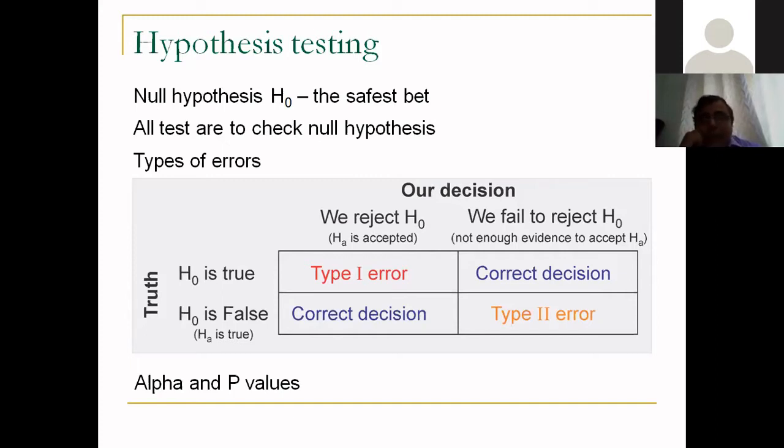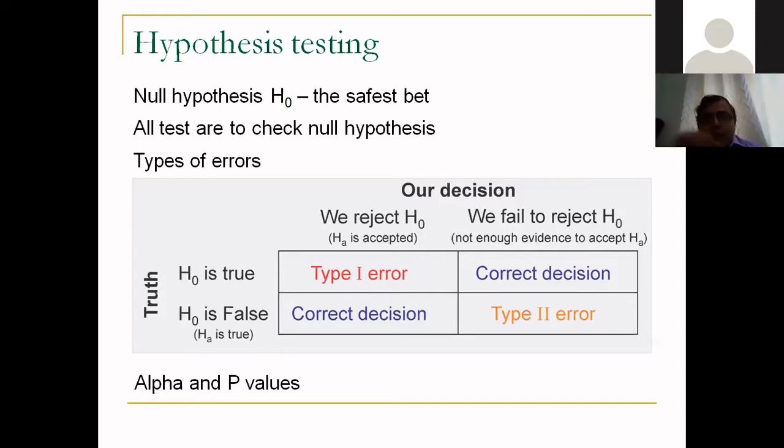So the question is, what is more dangerous? Hanging a person who has not done the crime, which is your type 1 error, or letting go of a person even though he has done the crime, but you do not have evidence to show that he has done the crime, so you let him go. What is more dangerous? Obviously, in an online talk, I don't expect that I'll get an answer for this, but ethically we can say that type 1 error is the most dangerous type of error. So we do not want to hang a person who has not done a crime. We don't want to call a person guilty if he has not done the crime. So we are always afraid of committing type 1 error.